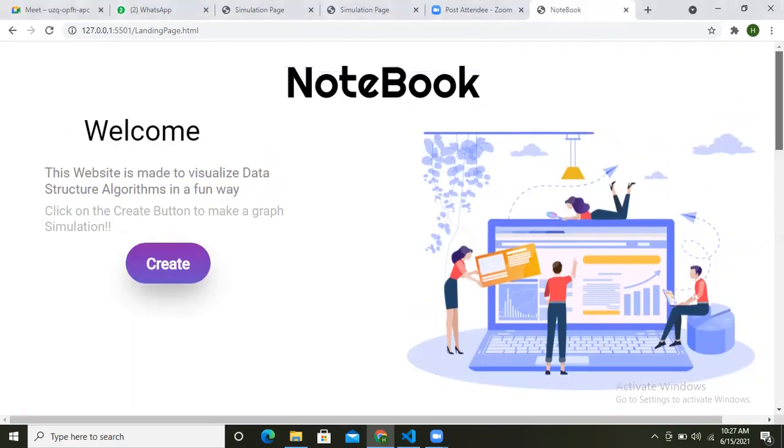This is our project, and it is known as notebook. And in this notebook, you can create various data structure visualization algorithms. For now, we have just made graphs. So you can implement greedy algorithms on the graphs, the two famous greedy algorithms, which are Kruskal and Prim's